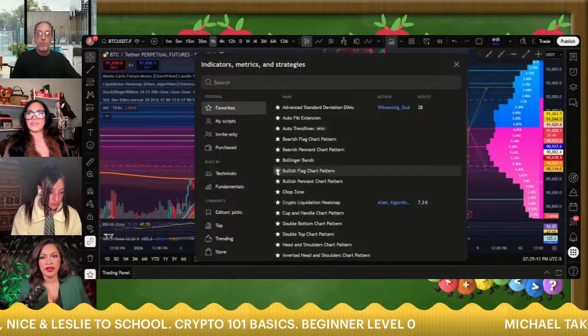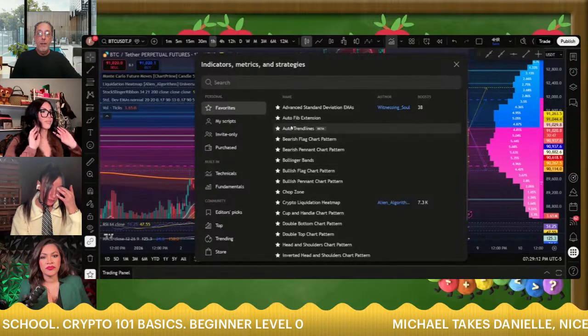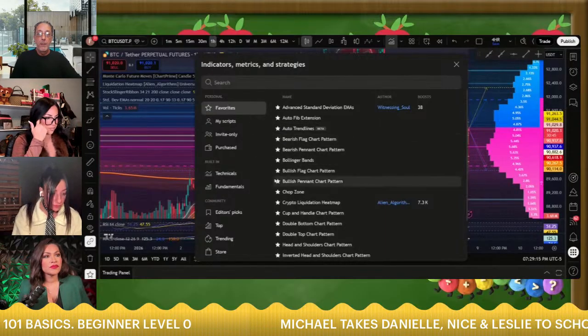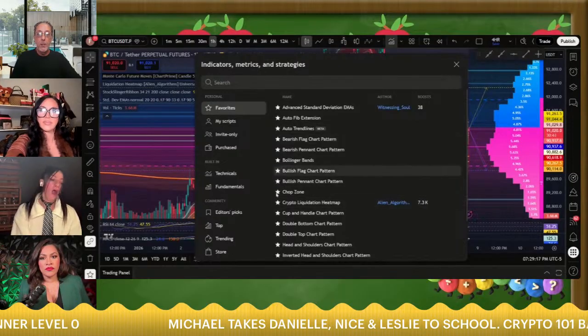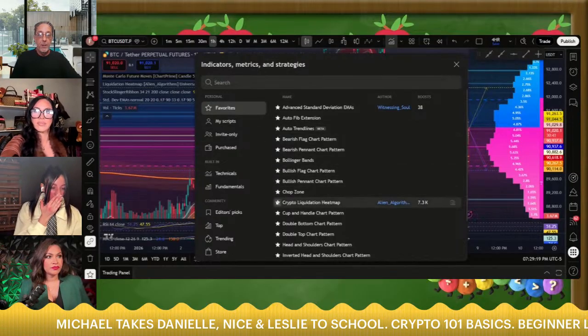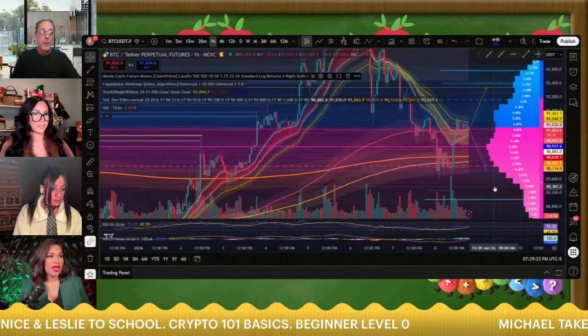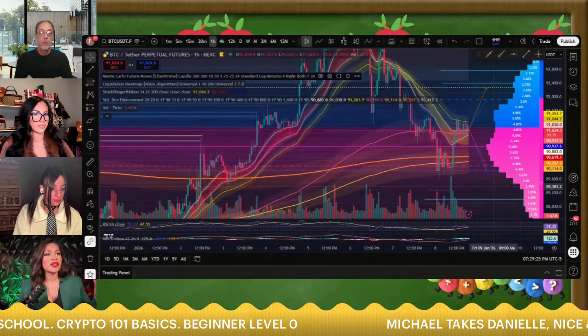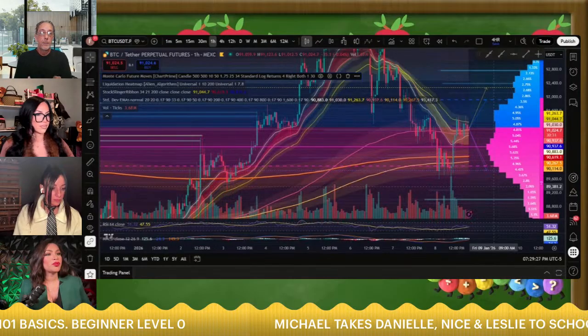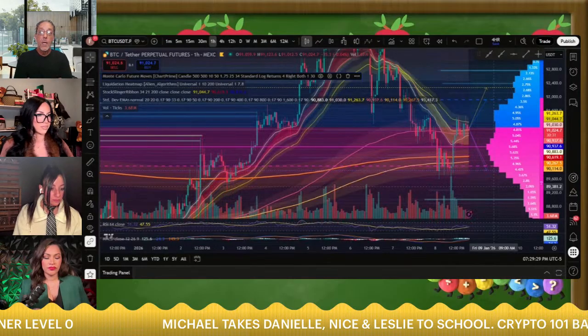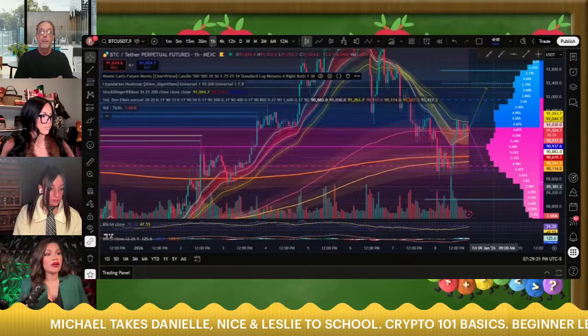Hold on, let me try it again. I'm going to remove it. Try typing it in there, and you see where these white stars are? You can put them as favorites, but you should just be able to double click and it'll add it onto your chart. It's going to bring it up like that, the purple, the blue, or whatever color, for the heat map.